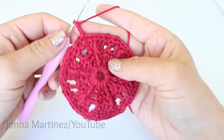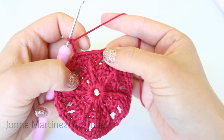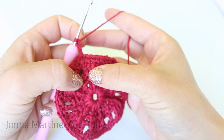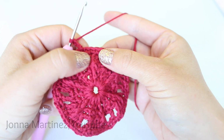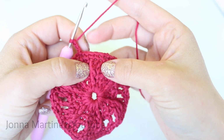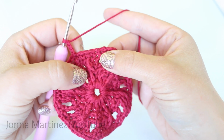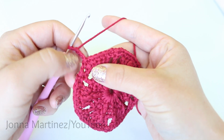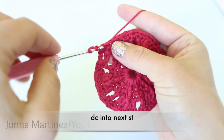For this round, we're going to be doing a very similar thing as we did on round 3, where this very middle stitch that's sitting over the treble front post here, we're going to be double crocheting, front post treble, and double crocheting into. So 3 stitches into that middle stitch, and then we're going to have 2 double crochet on each side. So again, this chain 3 counts as our first double crochet, and then we're going to double crochet into our next stitch,